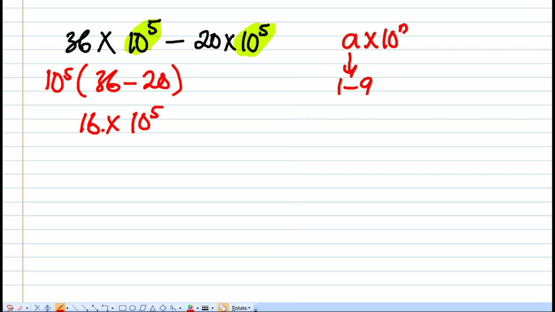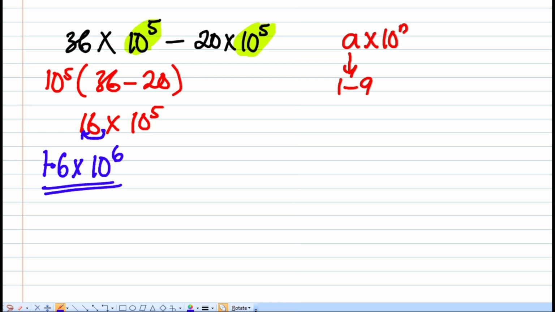So the decimal point is here. I think I'll use another color. This is the decimal point now. So we need to move it just once towards the left. Anytime I move the decimal towards the left, the power of 10 is going to increase. So the answer will now be 1.6 times 10 raised to the power 6. It is going to increase from 5 to 6